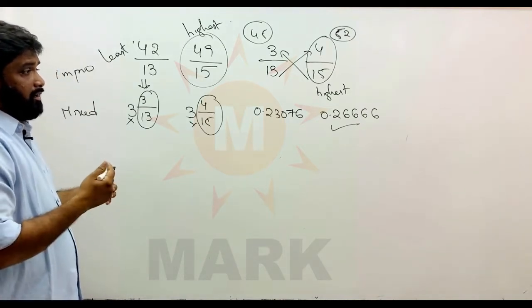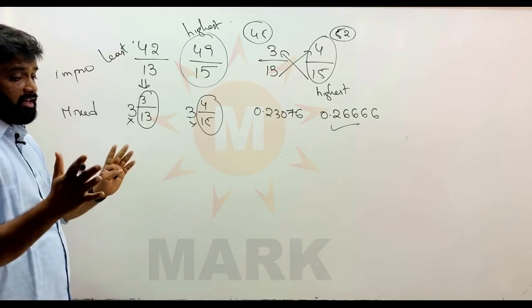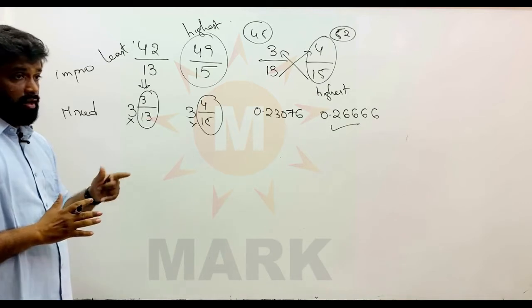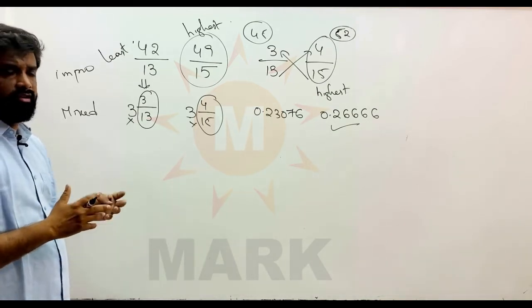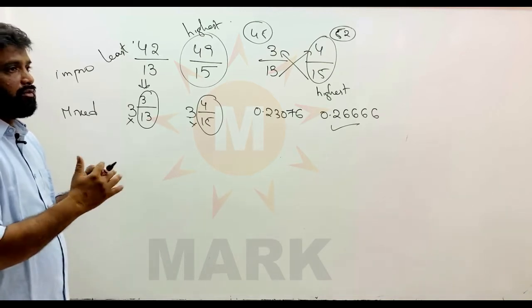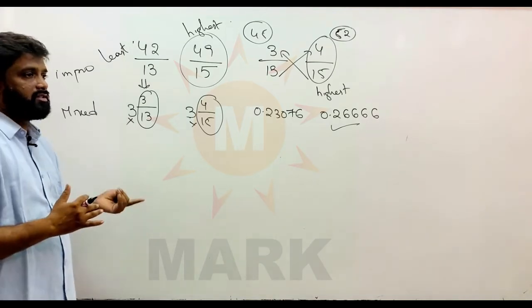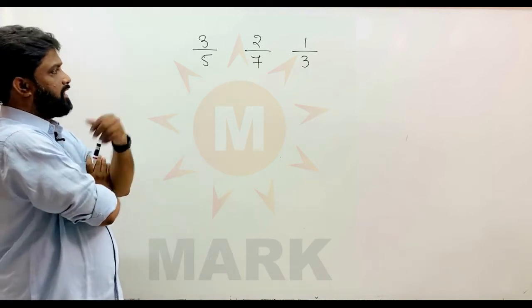Now there are some more questions. Sometimes there can be 3 fractions and they can be asking you. That is the actual challenge. So now we will see that kind of question also. They are giving 3 fractions, small fractions only I will give you. So using this up-cross method, we will be able to do it, right? So out of the 3 fractions, what is the highest value, what is the least value, that also we will be seeing now.